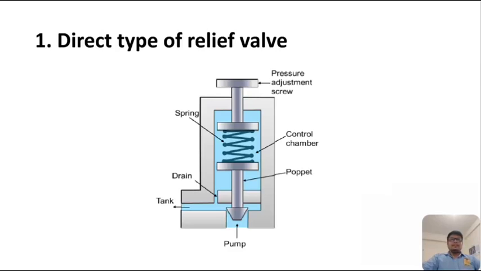As the pressure exceeds this combined force, the poppet rises and the excess fluid bypasses through to the reservoir. The poppet again resets to the original position, which is already preset before starting any system. A drain is also provided in the control chamber. It sends the fluid collected due to small leakages to the tank, and it will prevent the failure of the valve. So this is the first type of pressure relief valve, that is direct type of relief valve.